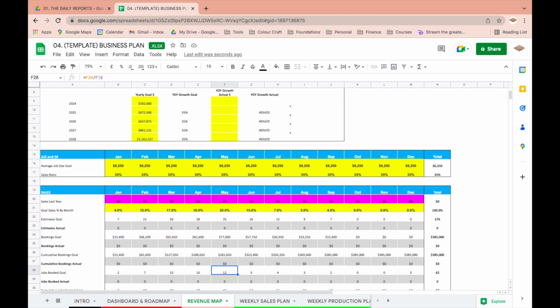We need to book 12 jobs in May. So every other day we need to book a job, and we need to do a total of 35 estimates. Divide that by 4 weeks or whatever, it's 4.2 weeks in a month. So that is like 8 or 9 estimates a week, basically, at 35%. 35% is quite conservative. I think people that are well-rounded in sales should book around the 40 to 45% range. I know I personally booked at about 45%. But every year, the nice thing about business planning is you fill these in at the end of every month: how many actual estimates did you do versus your goal.